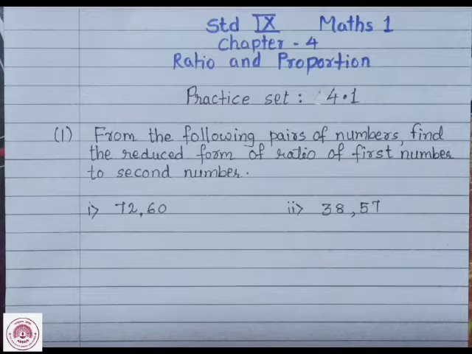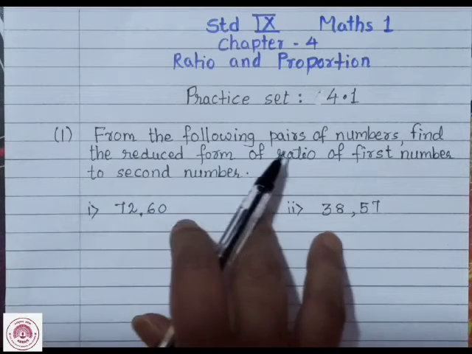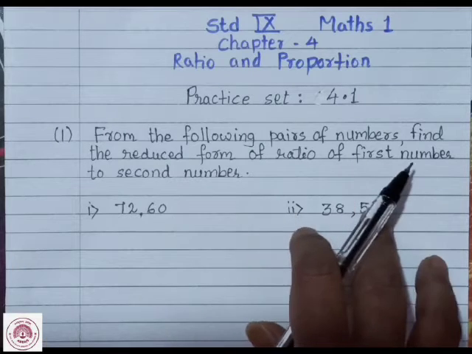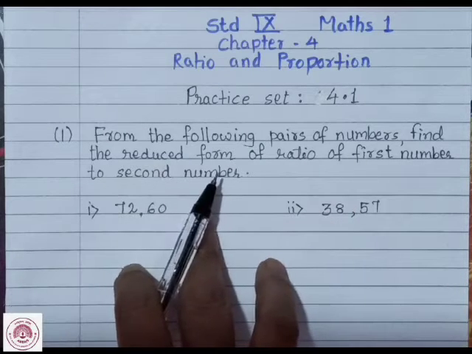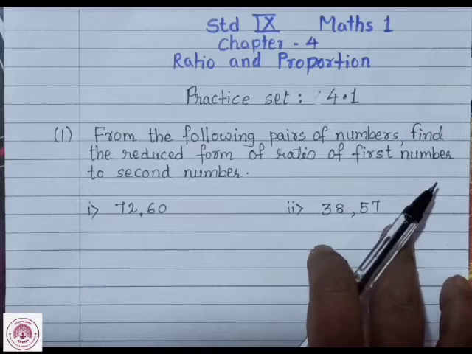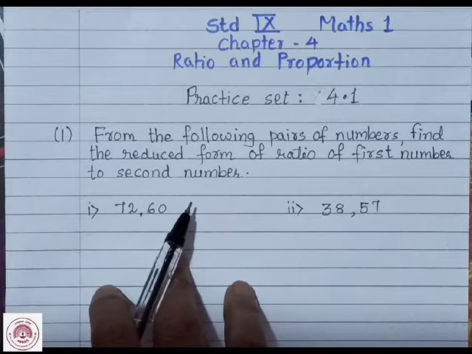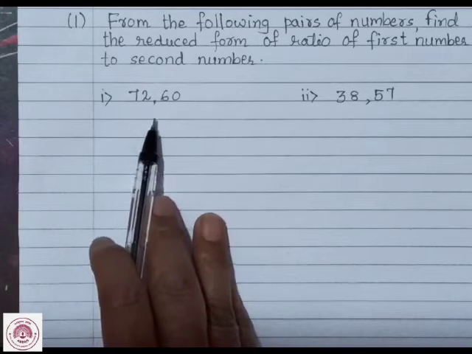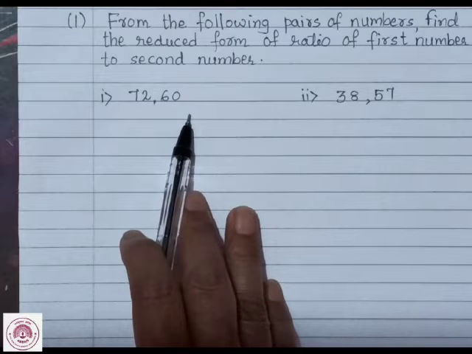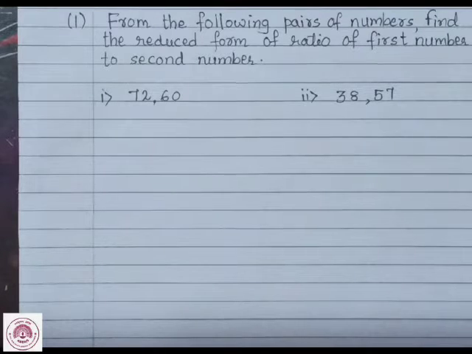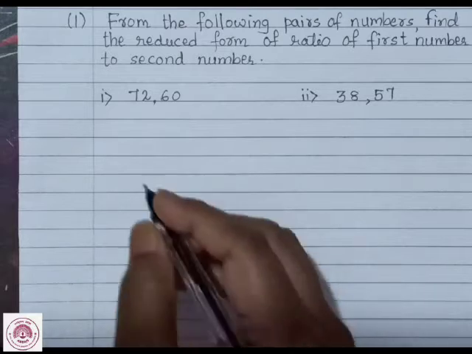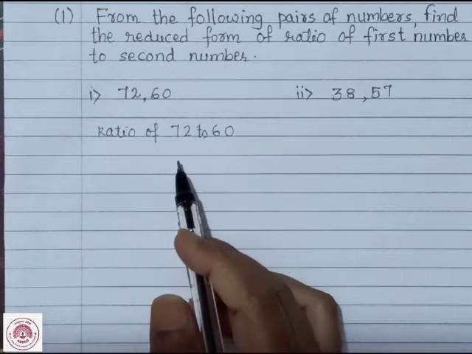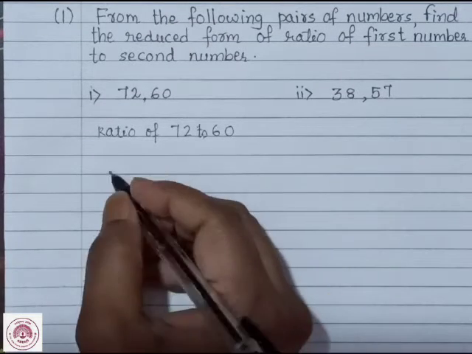Now here the first question is, from the following pairs of numbers find the reduced form of ratio of first number to second number. So let's find out the reduced form of ratio of 72 to 60. So therefore ratio of 72 to 60 is equal to